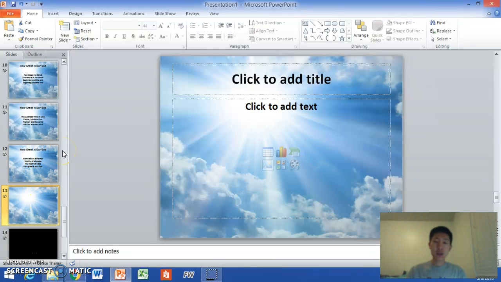So usually the best time to not show words is when praise team would be playing an instrument but they're not singing at all, and also like transitioning into a new song. So this is a very useful slide when it comes to not singing words or switching to different songs.